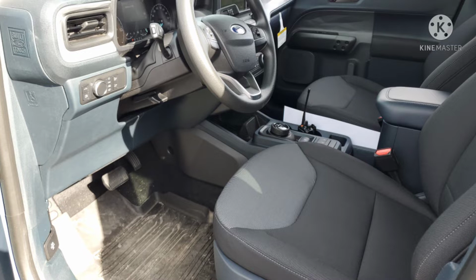So the XL, a lot of people are going to be naturally driven away from this model, thinking that it has mechanics that are less good, that the seats will be less comfortable, or that the technology on it will be lower quality or sometimes non-existent. For the most part, Ford is incredible in regards to this, because they're not giving you, if you go with an XL, a starting price of